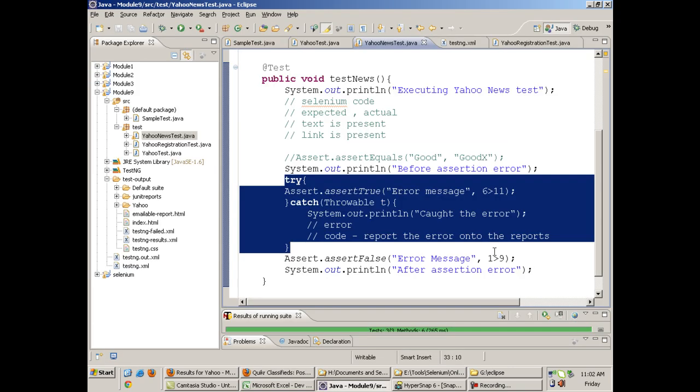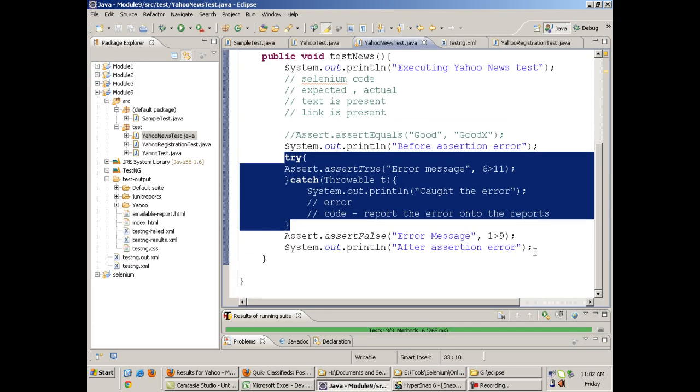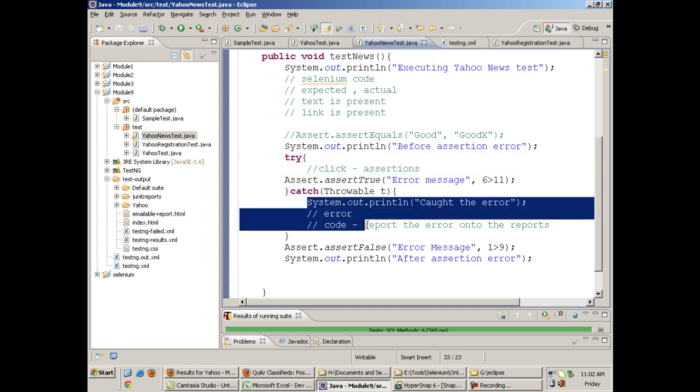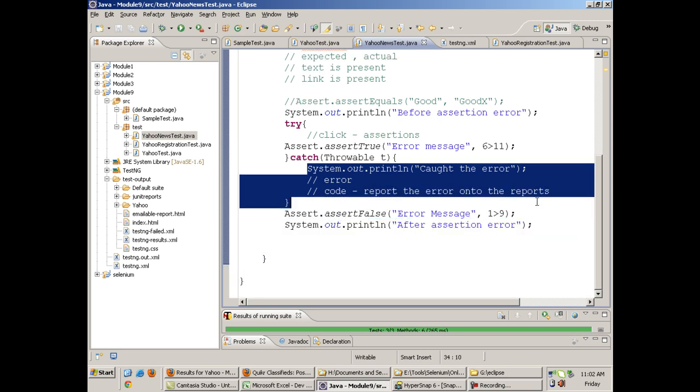So you have to make sure that whenever you click on a link and use an assertion after that to verify whether the next page is opening or not, you put the whole code inside a try catch like this, and in the catch block you report the error if the link is not working.